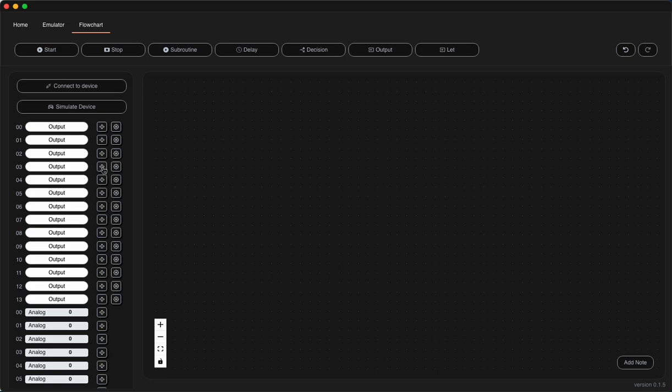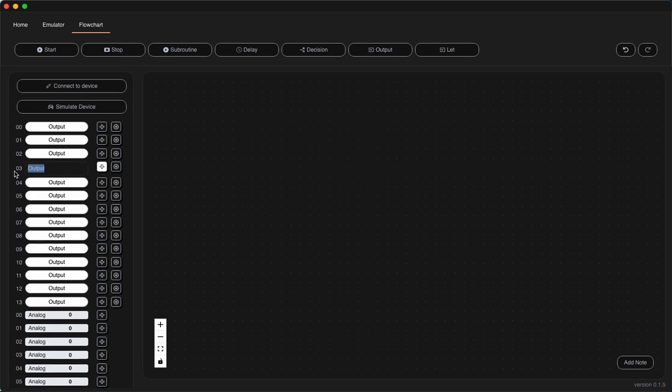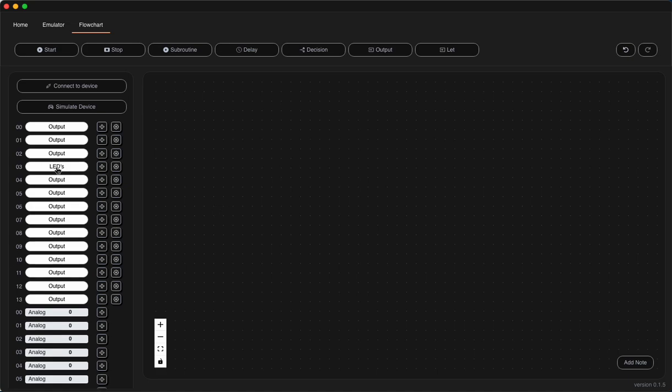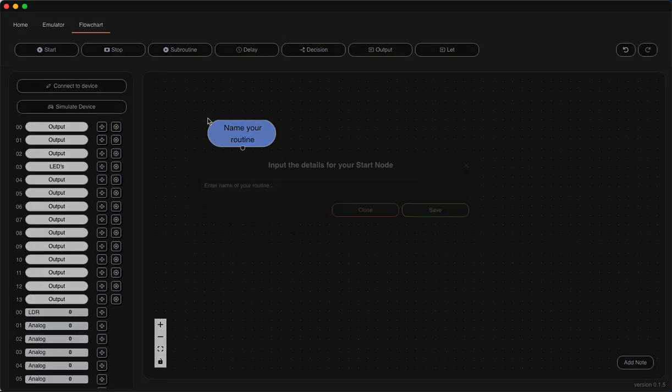What we're going to do here is change that name. So that's going to be our LEDs. Okay, so he's now named. It just helps us remember what we're doing. Down here, I'm going to change to analog, and he's going to be my LDR. So now I've got my two pins located, and I know what I'm going to use. I'm going to start building my